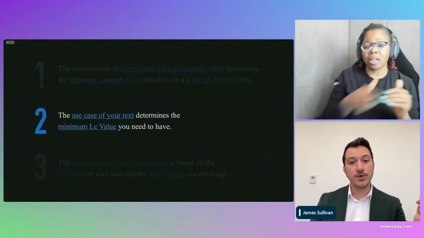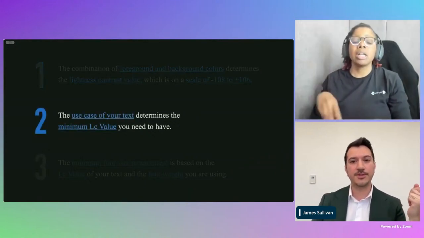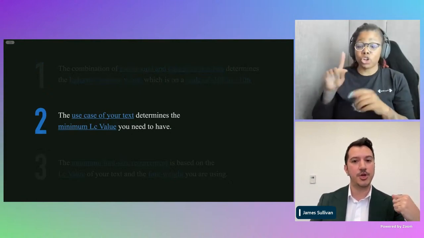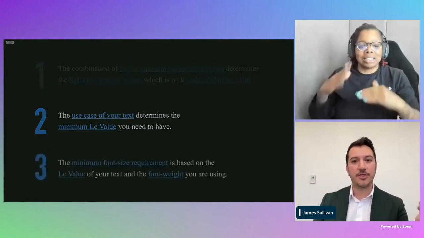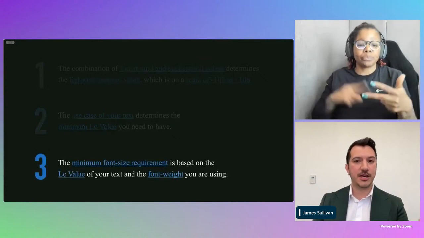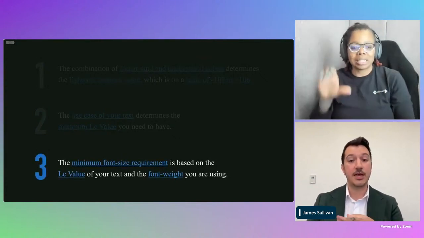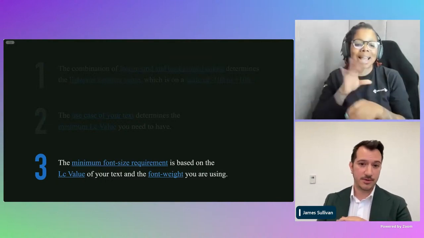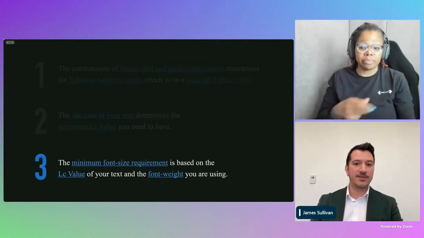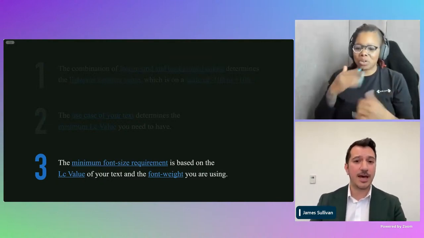2, the use case of your text determines the minimum LC value you need to have. And 3, the minimum font size requirement is based on the LC value of your text and the font weight you are using. Before we dissect these statements, I think now is a good time to just reiterate that WCAG